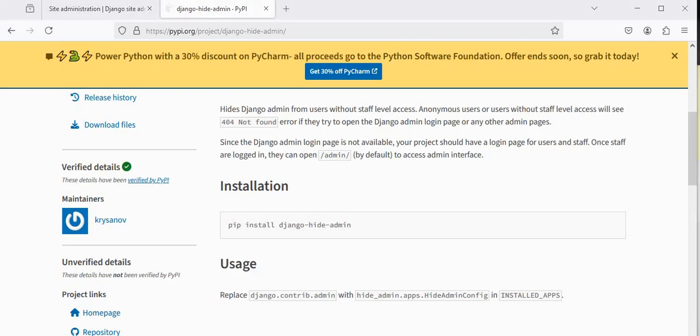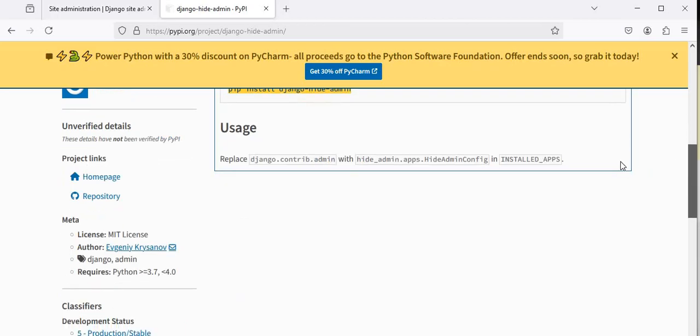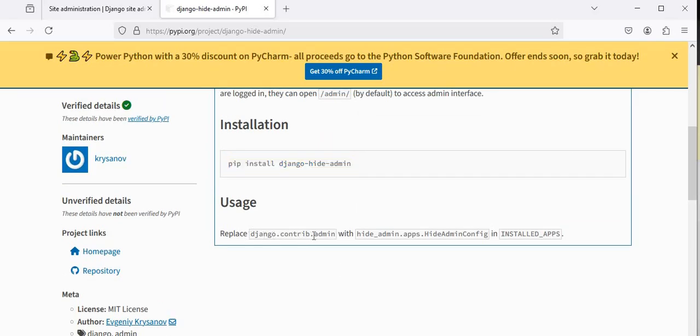A not found error appears if they try to open the Django admin login page or any other admin page. Since the Django admin login page is not available, your project should have a login page for users and staff. Once staff are logged in, they can open admin by default to access the admin interface. So till now we install this to hide our admin interface and replace django.contrib.admin with